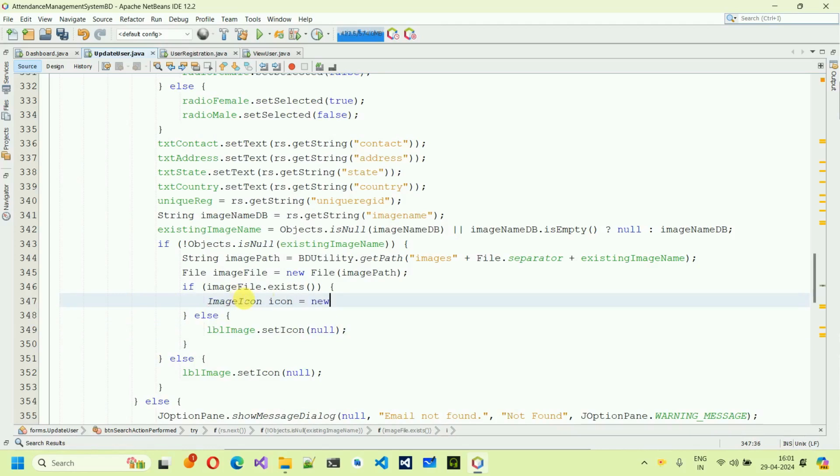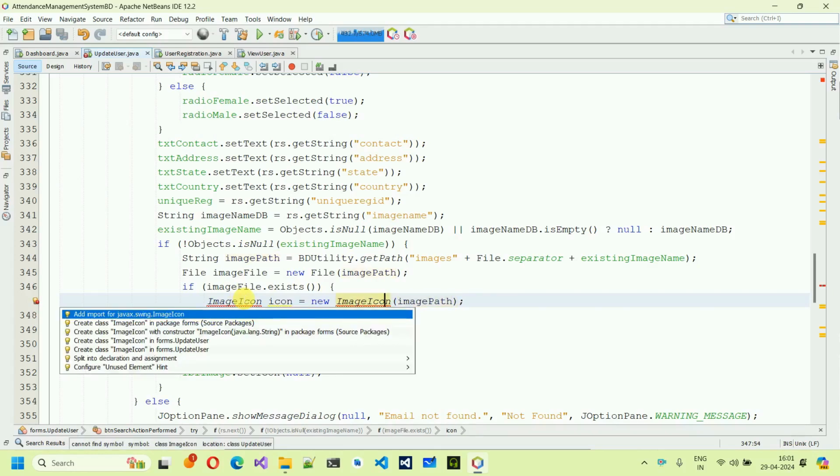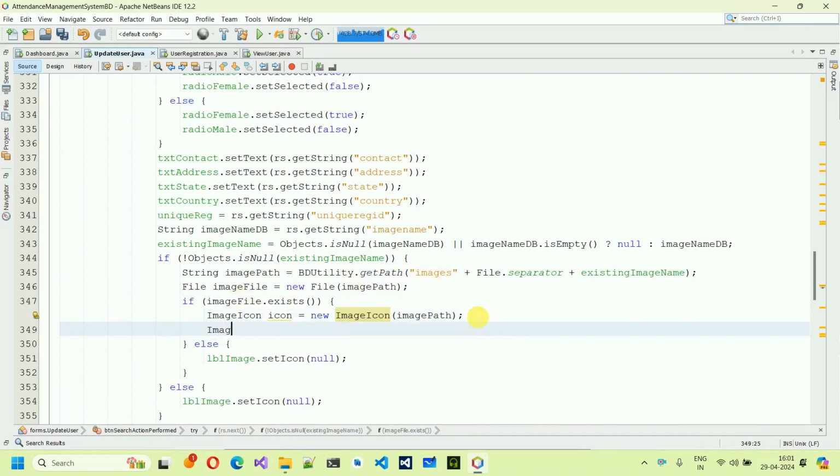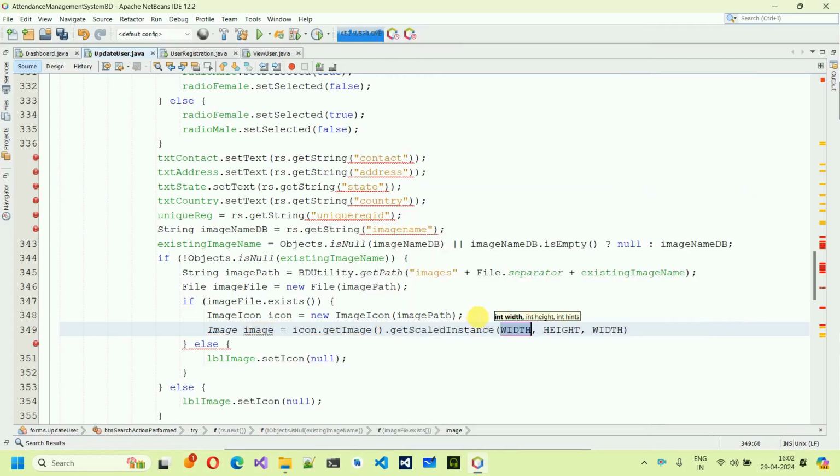Icon is equal to new ImageIcon, and into this one we will pass the image path. Save it. Move back over here, import it, Alt and Enter. Import this javax.swing.ImageIcon. Save it. After this, what we will do is we will create an image object. So image is equal to, and from this icon we will get the image.getScaledInstance, and into